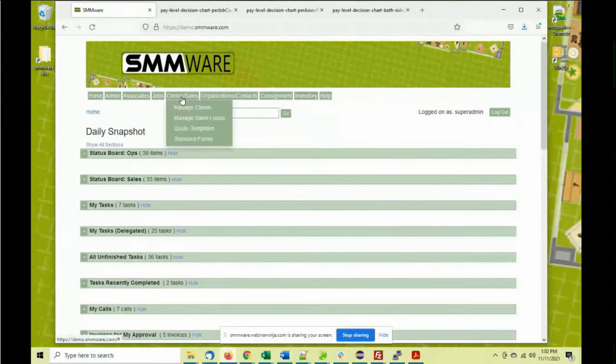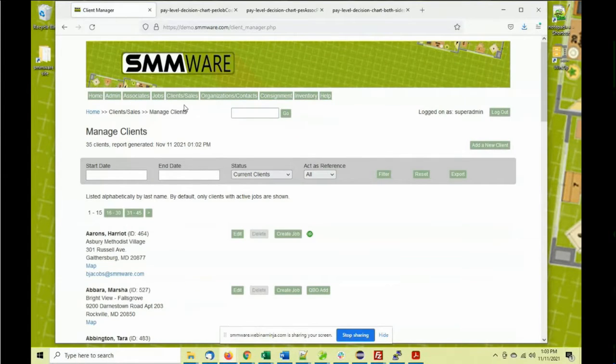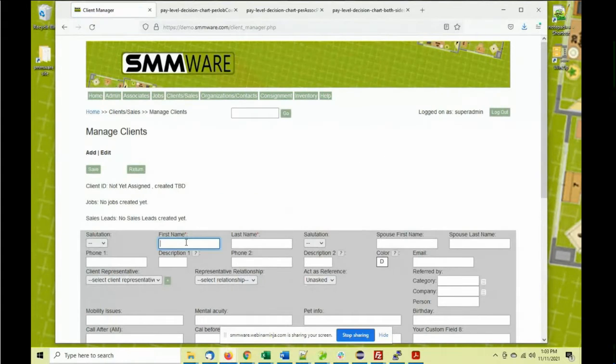Here we are on the home page for SMMware. And if someone should contact you with a sales opportunity, the first thing you want to do is create a quick client record. You only need the first name and the last name, and once you do that,